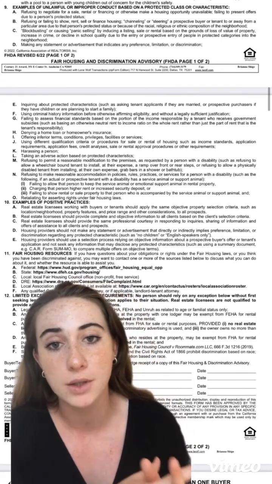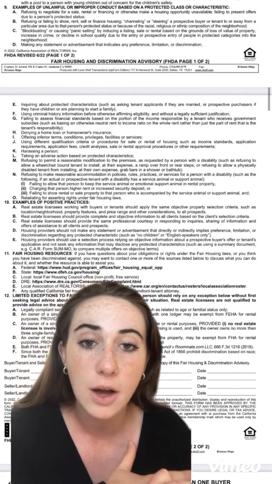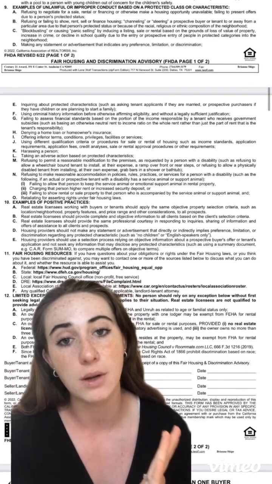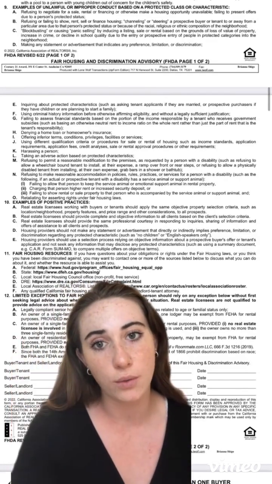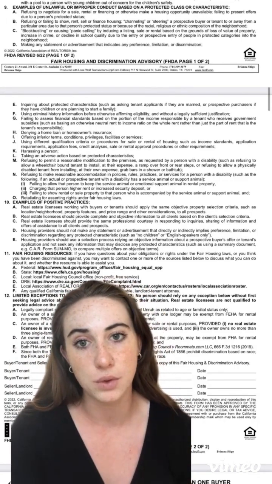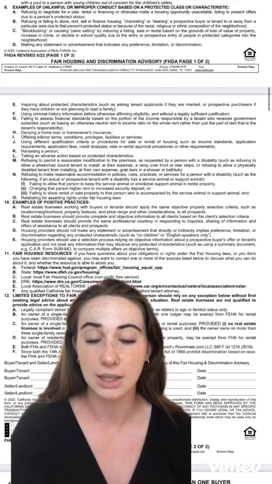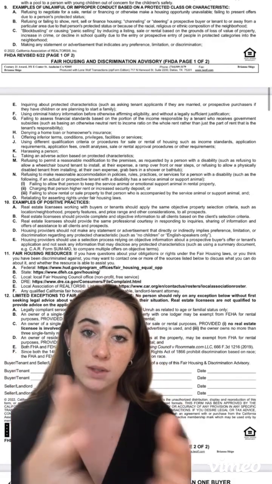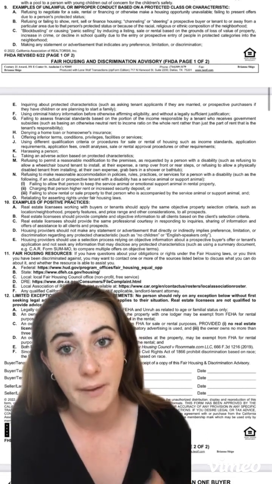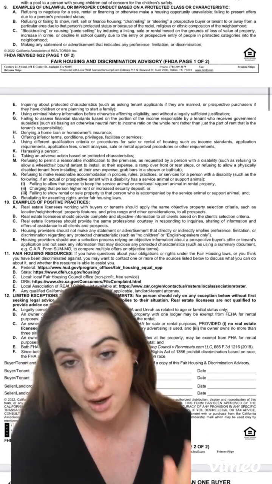So if you feel you've been discriminated against or if you need some help, they have actual websites and such listed for you there. And then Section 12 are a couple exceptions to the fair housing rules. So lots of ifs and ands and buts. Then you'd sign at the bottom acknowledging that you read and understand everything about the fair housing, discrimination, and advisory